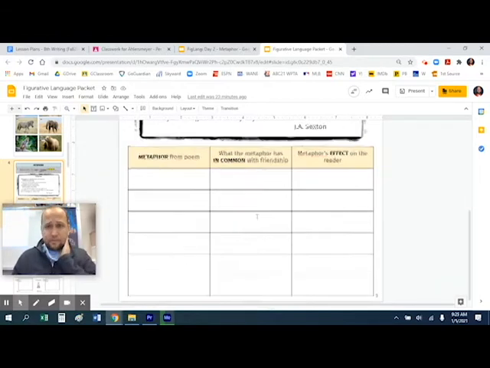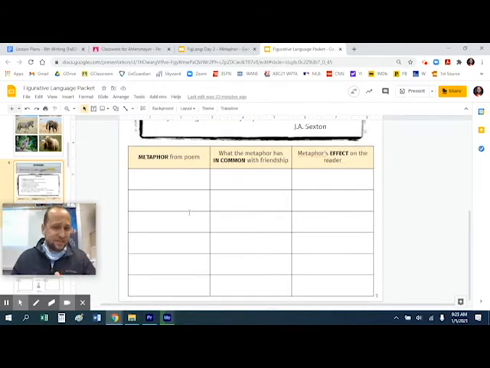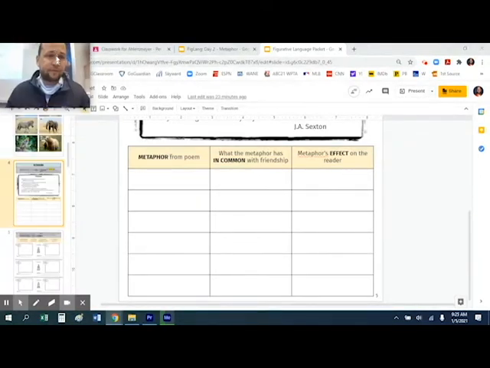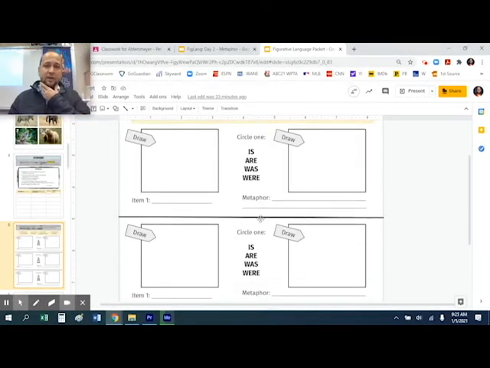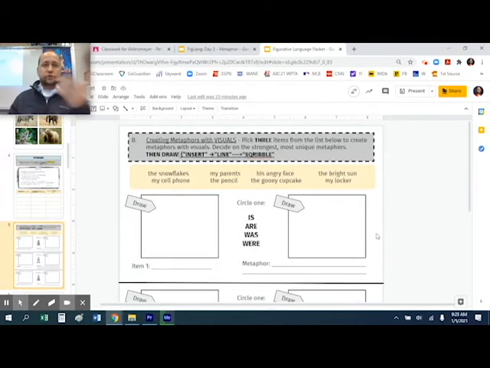So that's just like yesterday, but there's only six there, so it's not a ton of writing, but it's more about writing with the effect and so on. On the next page, there's only three examples here, and that would be creating metaphors. So just like before, it's identifying and then analyzing, but then you get to create. We did that with similes, finding them, and now we create.